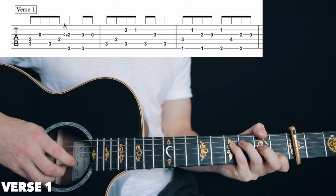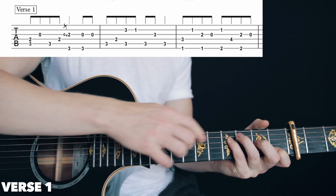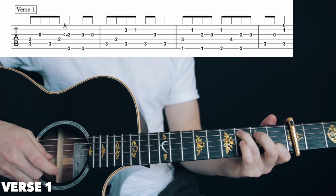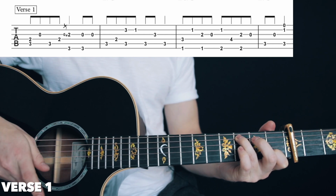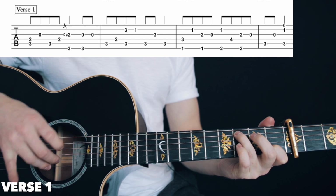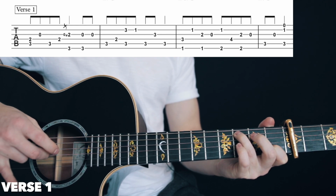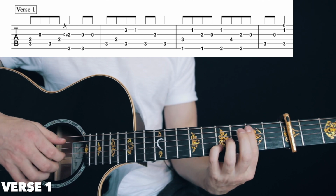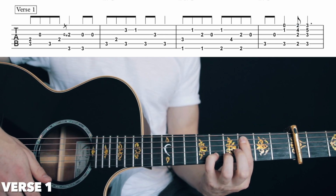Alright, then for the next bar, your 3rd finger is already in place to do this. We have C in the bass. So you do bass, G string, and then 3 at the same time. So, alright, the second half,